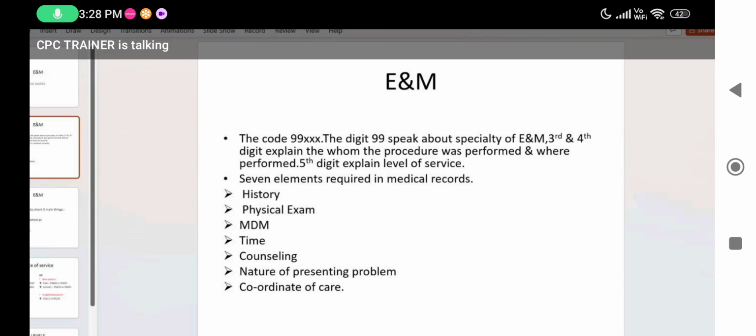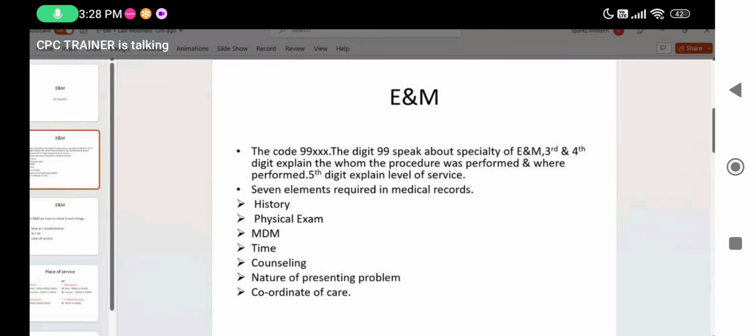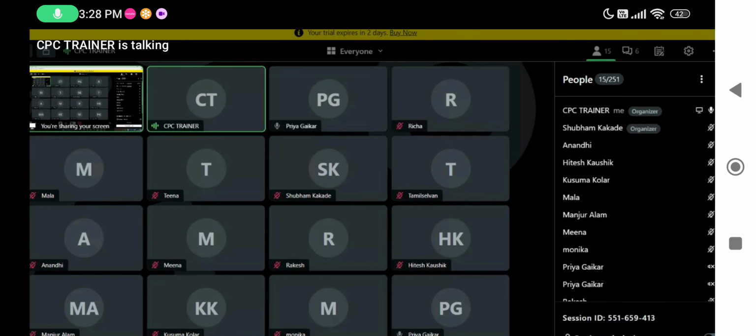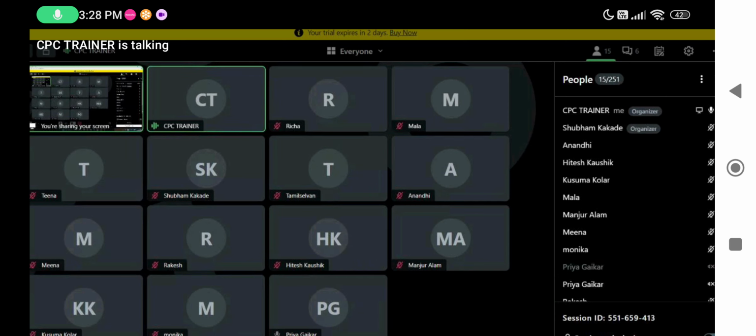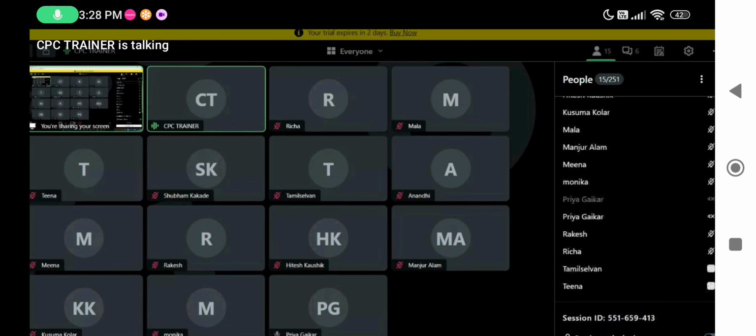If you have that question, overall the providers nowadays are following it like this only. Because you have to code only for the provider, right? Provider means doctor. So all the doctors only have to give MDM. Whatever MDM they documented, you have to code accordingly. That's all. This is the format we are using.